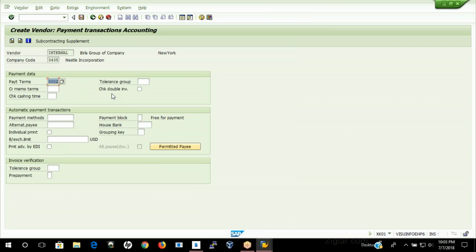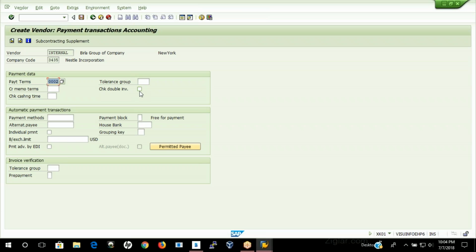And here you have one more indicator, check double invoice. Check double invoice is nothing but, if for the same purchase order the billing executive raises one more invoice,